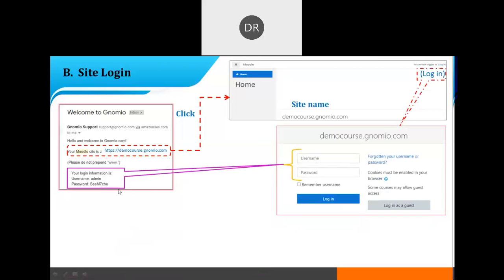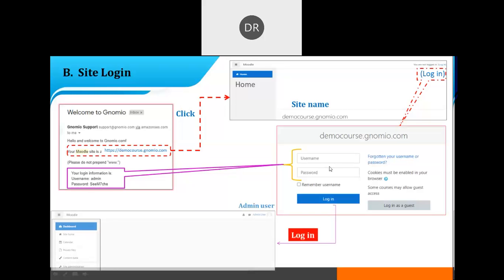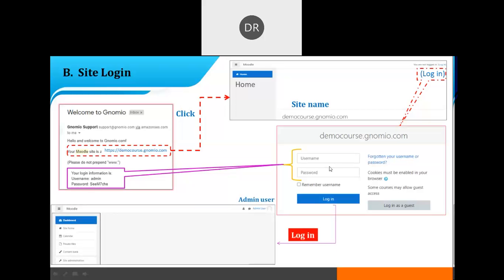Put whatever you received in the mail, the username and password, in this pop-up window, and you can easily log in to your course. So this is a very simple method to create your website. This is the first step to create the website.